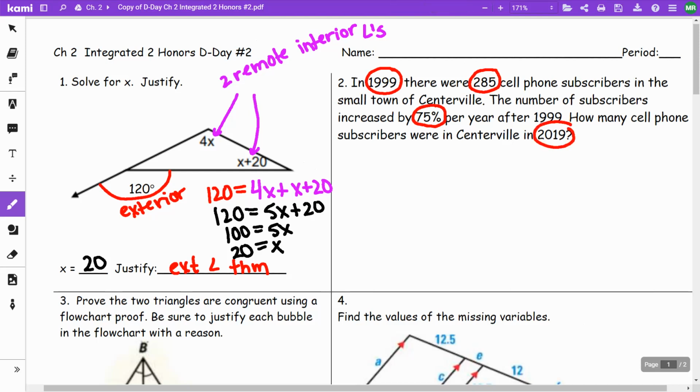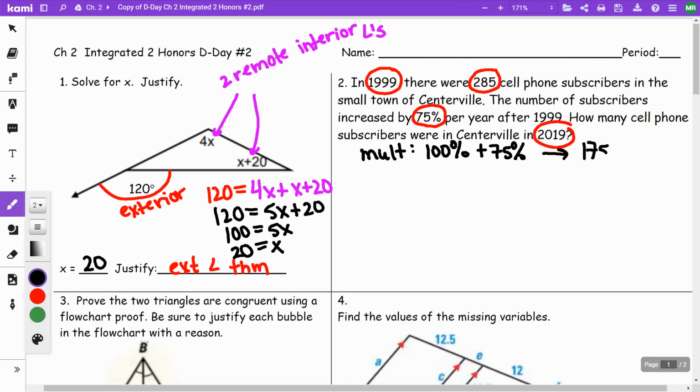So if something's increasing by 75%, that means my multiplier is going to be 100% plus 75%, or 175%. That makes it 1.75. So then I'm going to have 285, which is our initial value, times 1.75 raised to